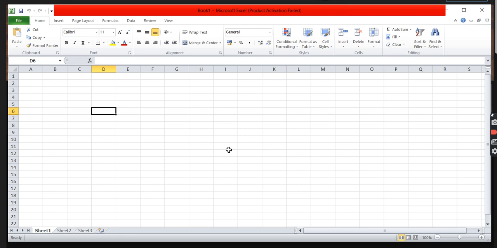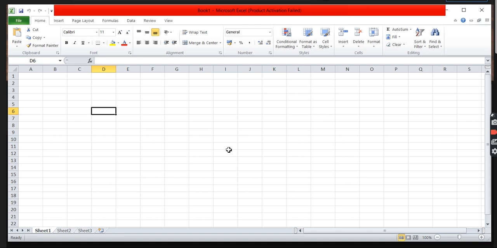how to connect Excel to SQL directly from Microsoft Excel. I'm going to connect the SQL instance with the help of this Excel, and I will access the table also and fetch the data. So I'm going to show you.